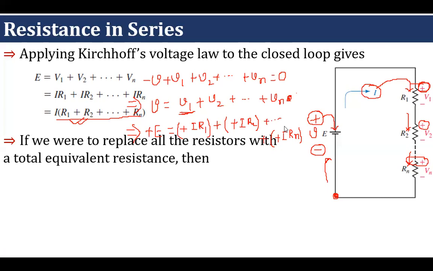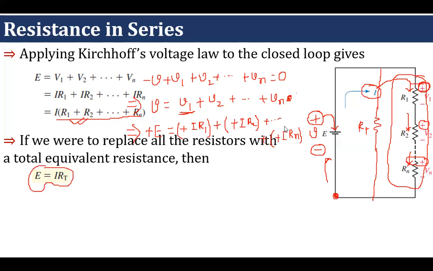If we replace all the resistors with the total equivalent resistance, then what can we write? If I replace all the resistors with a single equivalent resistor, I will call this R total or R equivalent, and if I connect in this manner, what will be the mathematical equation this time? E equal to I times RT. So in place of E, now we'll write I times RT, and so we are going to get the value,